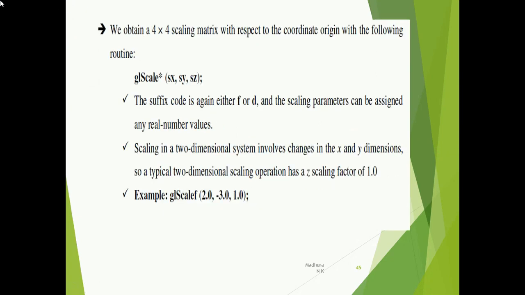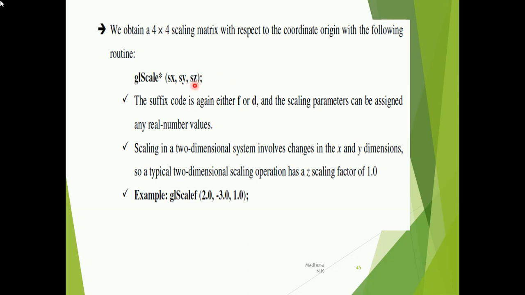So next we have scaling. To do the scaling also, again you have to set the scaling matrix as 4 by 4, and your function for scaling is glScale Sx, Sy, Sz. So this Sx, Sy you already know are our scaling factors along the x-axis and y-axis, and now we have one more axis, that is the scaling factor along the z-axis also.